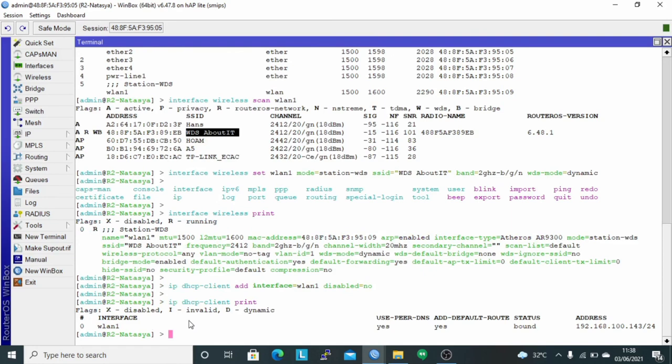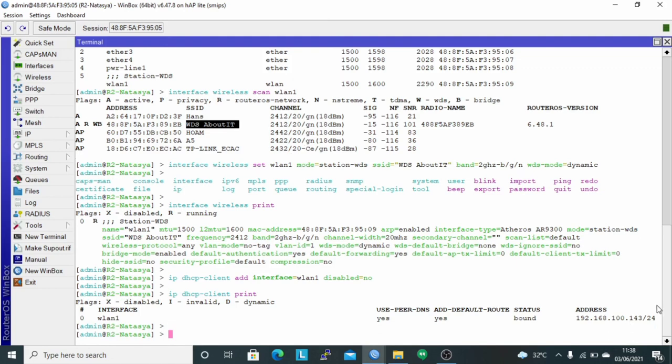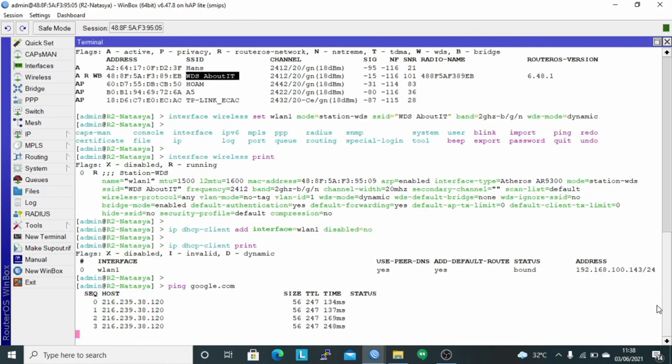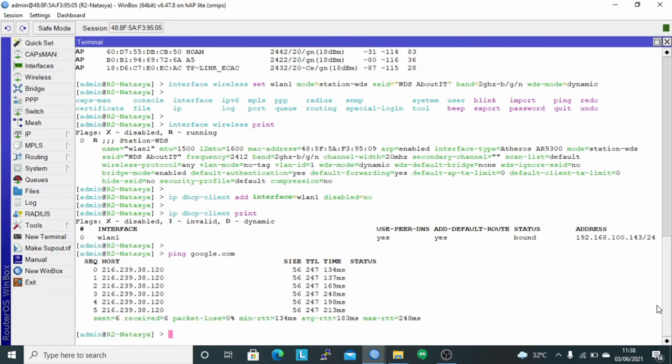It can be seen that the router gets the IP from the ISP, which is 192.168.100.143/24. Make sure router 2 is connected to the internet by pinging the domain Google, google.com. It appears that the result is reply, which means router 2 can already connect to the internet.